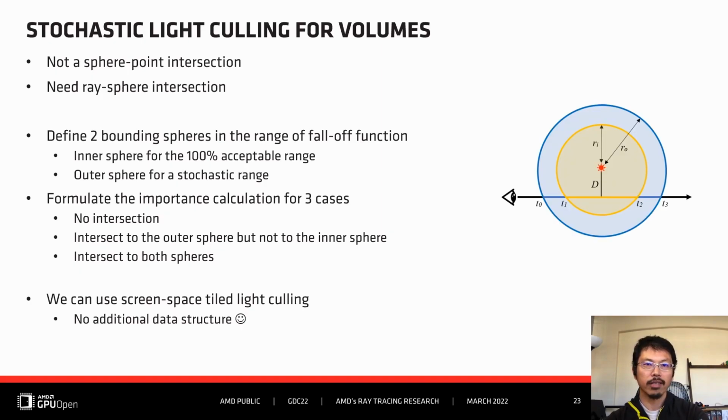Compared to an application to surface rendering, the situation is slightly different when we use it for volumes because we need to integrate. What we need to do is integration on the ray segment rather than integration on a point. Therefore, in order to compute the importance, we need to do a ray-sphere intersection as shown here, and then compute the range of the overlap of the ray to the sphere, then integrate importance